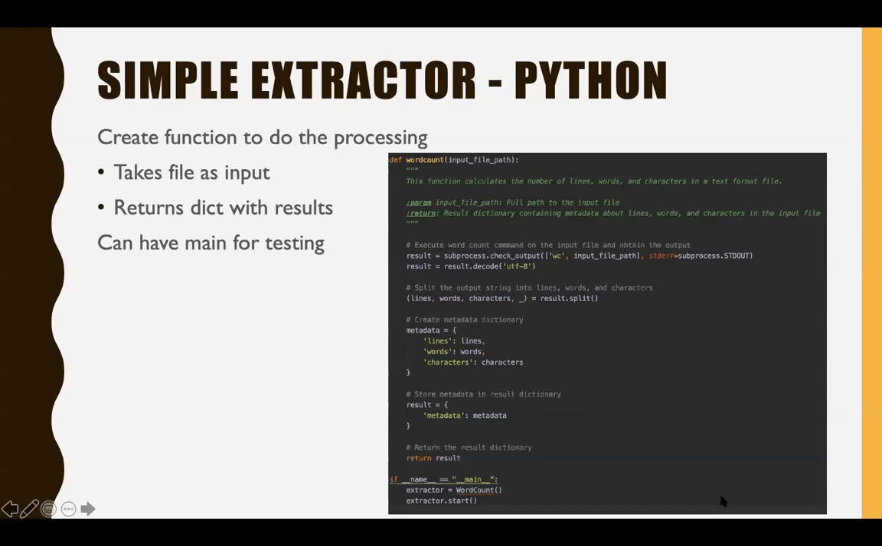You can see there's a simple function at the top, word count, that takes a file's argument, does the processing, and generates this metadata result at the bottom that is being returned. The nice thing is at the bottom, and there's an error there, but I need to fix that. You can basically say, if the main function, just call it the word count function. And so you can write this piece of Python code and run it without any dependencies, and this is where